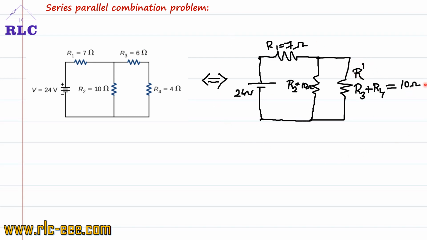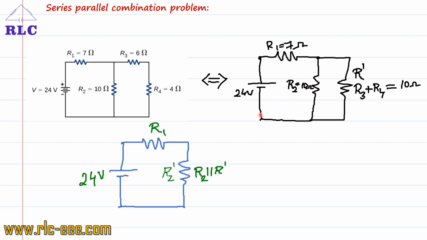Now again you need to simplify this circuit. So how are R2 and R dash connected? They are connected in parallel. So we will write the circuit. They are connected in parallel. So substitute the values. I have told the shortcut, product divided by sum. The product of the two resistances is 10 into 10, then the sum of the two resistances is 10 plus 10. It is 100 divided by 20. You will get 5 ohms.